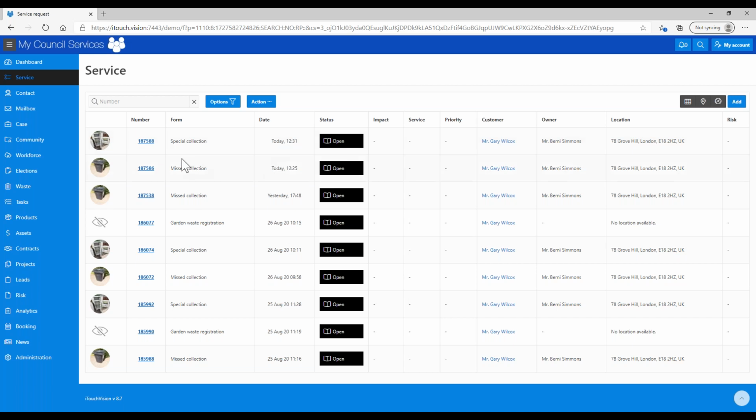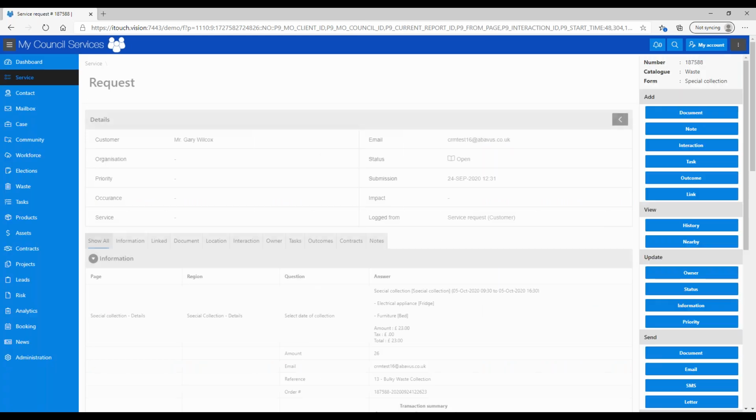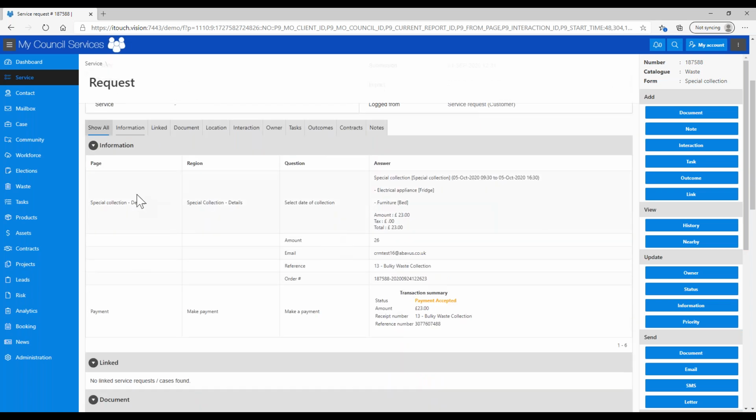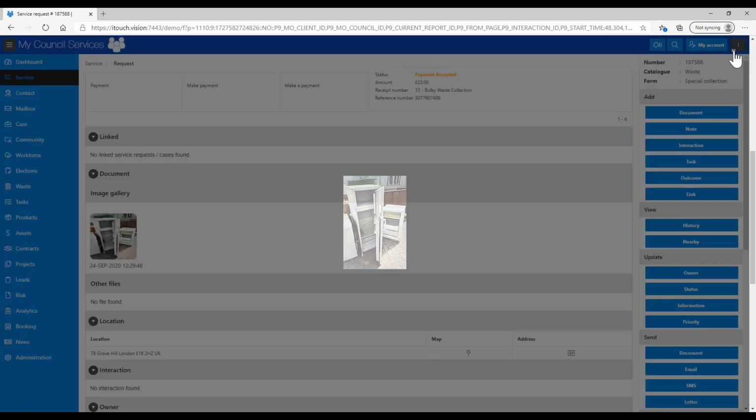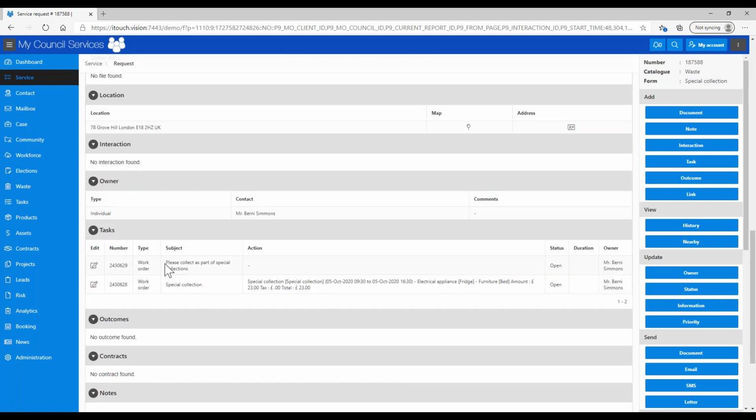So what we'll do then is go and take a look at some of the detail that sits behind them. If I go into the special collection first off, you can see all of the information around that particular case or service request, or whatever your preferred naming convention is for these things in your organisation. You can see the customer that submitted it. We can see the details of the special collection that were requested. We can see the photograph that Gary uploaded, and we can click through to that and take a look at exactly what it is he wants us to collect. We can see the location,